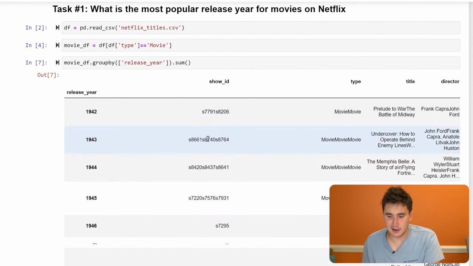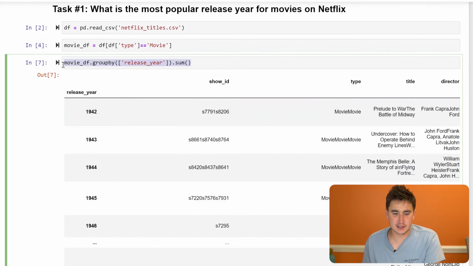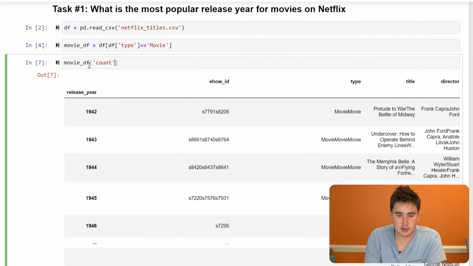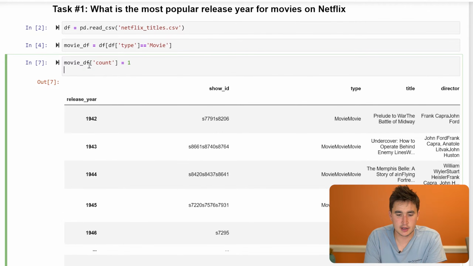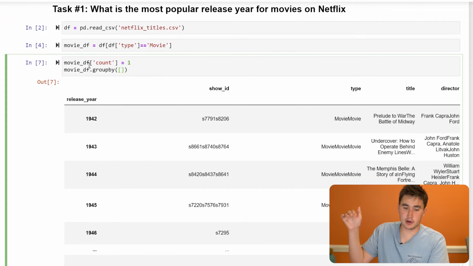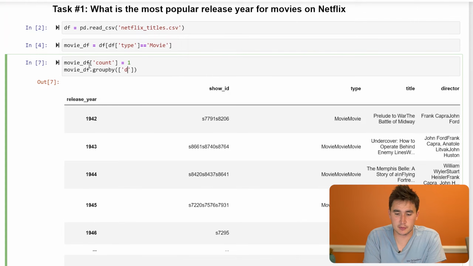And we see here we get a bunch of weirdness. When I do this in Python, I usually augment the data frame with just a count variable. I think there might be a more succinct way to do this, but what I'll do is just do movie_df['count'] = 1. So that means there's a 1 in every one of the rows. So when I follow that up with the group by line,